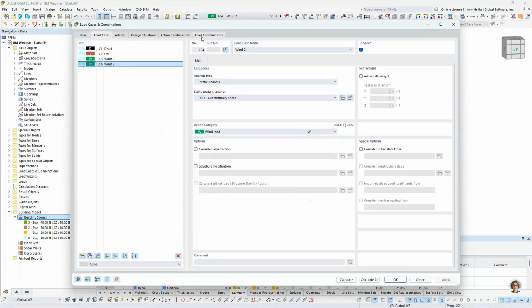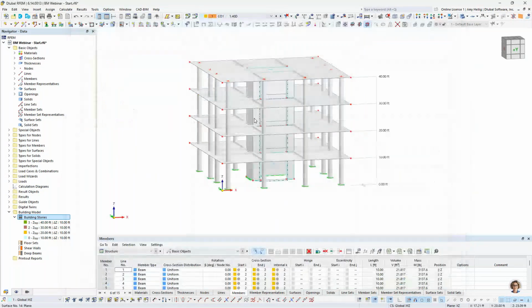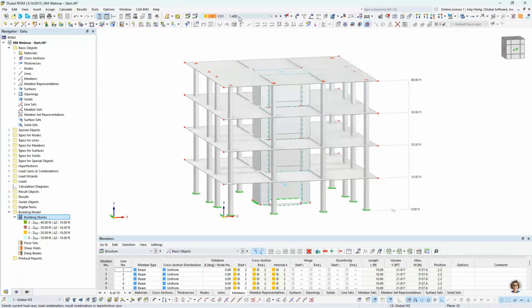So jumping to the load combinations themselves, we can see all of our factored load combinations generated in orange and all of our unfactored load combinations generated in red. So now that those load cases have been defined, we need to actually apply the loads to the structure. So we can jump here to our dead load,